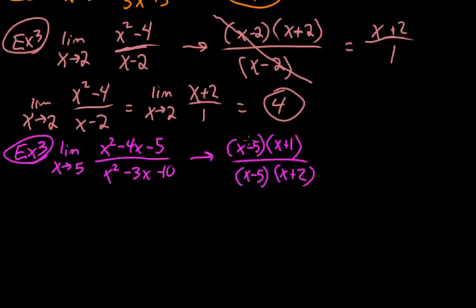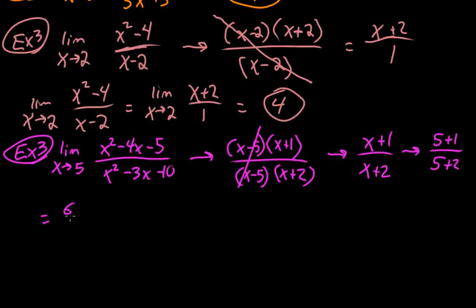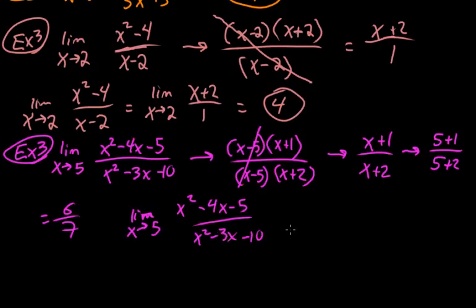Because we have x minus 5 in the numerator and the denominator, we can cross that out, and we end up with x plus 1 divided by x plus 2. We're taking the limit as x approaches 5, so it's 5 plus 1 divided by 5 plus 2, which is equal to 6/7. So the limit as x approaches 5 of x squared minus 4x minus 5 over x squared minus 3x minus 10 equals